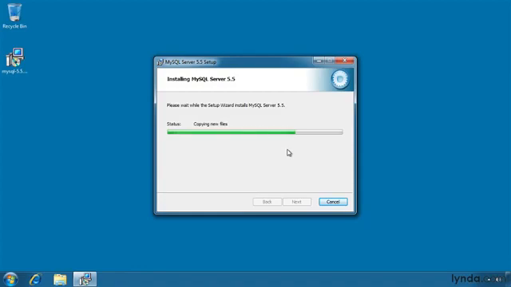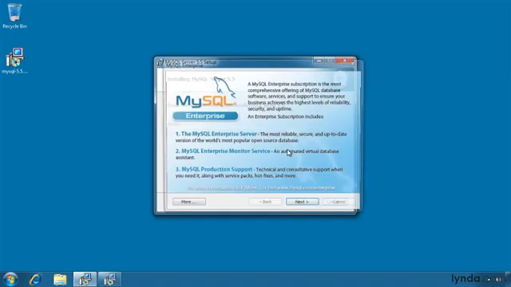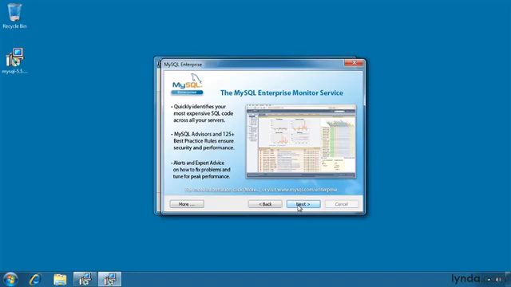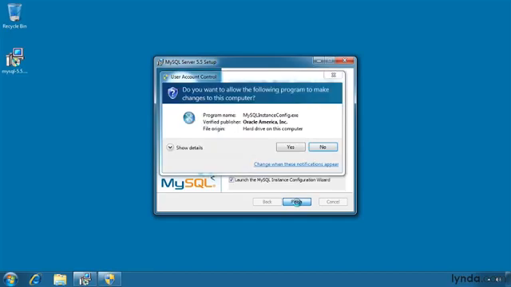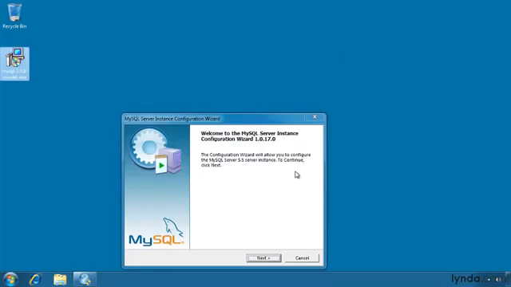The server installation happens in two phases. During this initial phase, the files are copied over to your hard disk. You'll then be asked to configure the server in a second phase. When you see the message that the initial setup is done, keep this option selected, launch the MySQL Instance Configuration Wizard, and click Finish. If you see another User Account Control dialog, click Yes,